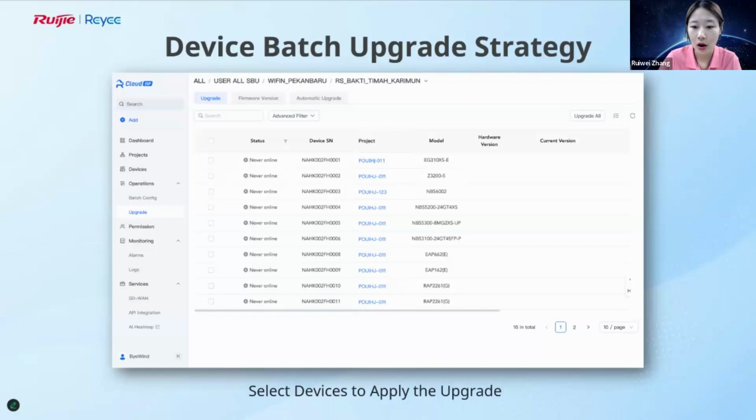You can also choose automatic upgrade, scheduling updates by project and time, with devices being upgraded to a new version already proven. So, if you like this function, the batch configuration, batch pre-configuration, and also the batch upgrade,